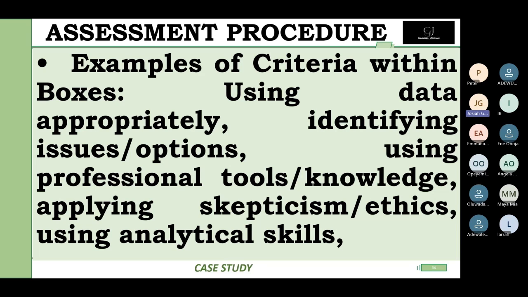If you don't want to put it there, you can put it in issues and options. Issues and options, I normally call challenges and considerations as a header. You can put it there. Then if that non-financial data is very strong around ethical issues, the organization is infringing on some laws or some compliance issues, you could put it in ethical issues. Then if there are risks the organization needs to assess, or you've assessed some risk based on the case, you can put it in the sixth box, talking about risk assessment, evaluative skills, and judgment. So any box that resonates with you as a header,